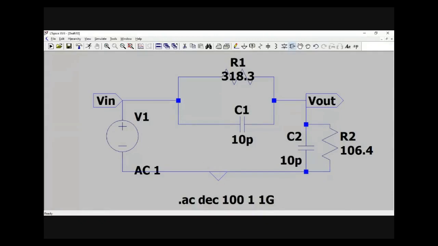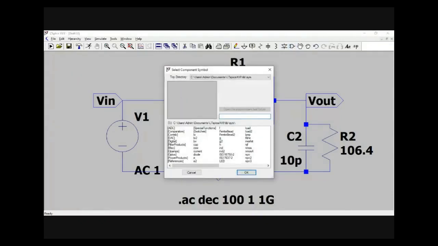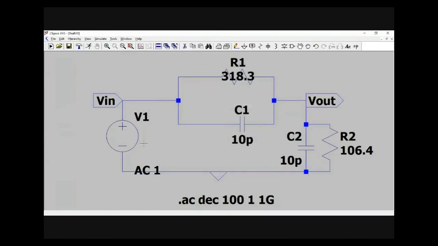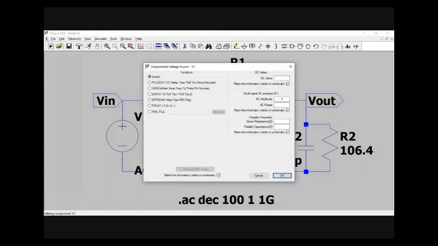is available here in the components. On the components, you can get this. This is the voltage. If you click on this voltage, you will get this. That is what I have taken and kept it here. And when you click on this, I haven't selected anything. What I need is I just want to perform an AC analysis.